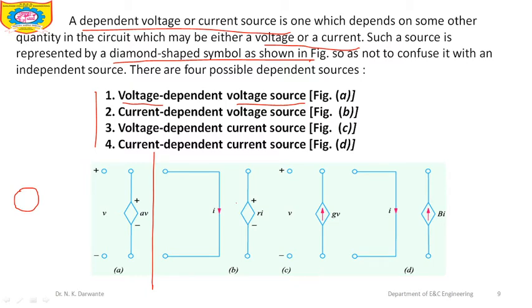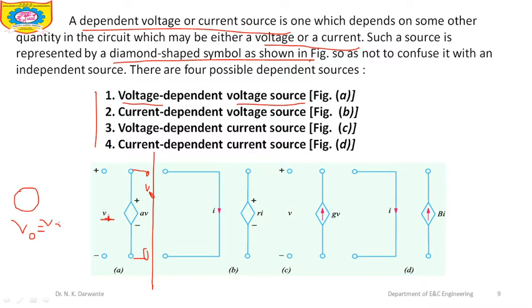Now here the output voltage across these two terminals depends upon the input voltage represented by this V. Now how is the output voltage going to change? Let us assume that V is the input voltage. Then the output voltage across these two terminals, we will call this VO, will be equal to the input voltage, that is V,